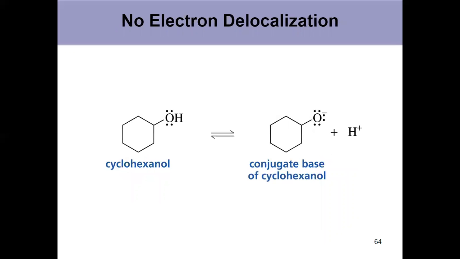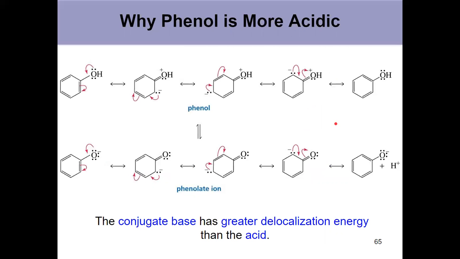Because when we look at the conjugate base of cyclohexanol, the electrons are localized. But for phenol, look at the phenolate ion after we drop the hydrogen. It can delocalize electrons all the way throughout the ring. It has 5 resonance contributors to the phenolate ion, meaning that it's a more stable conjugate base. So phenol is a stronger acid,